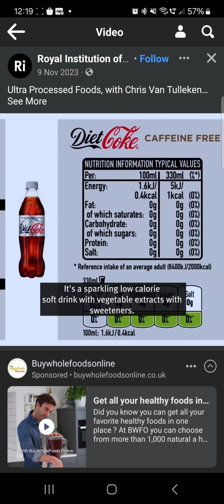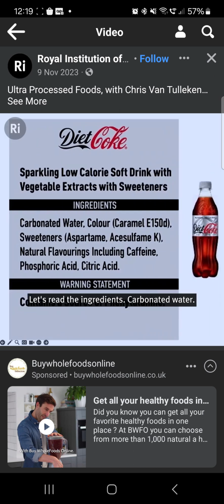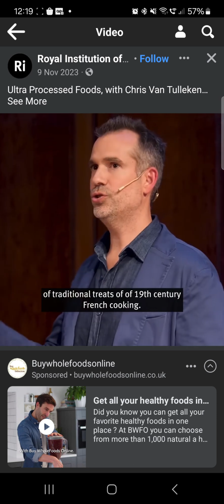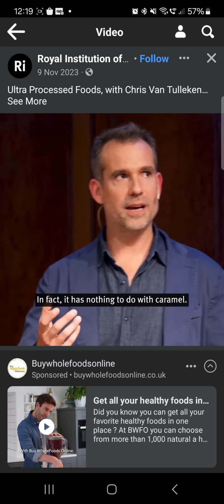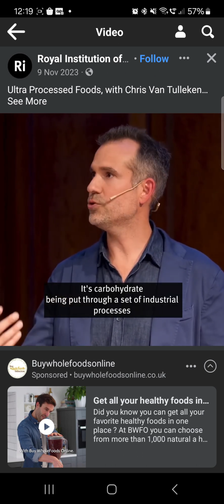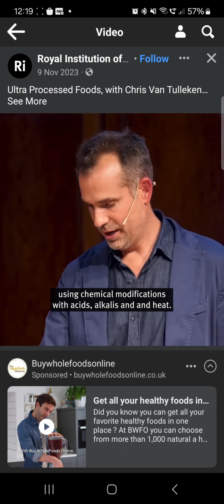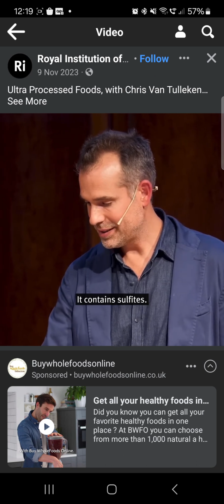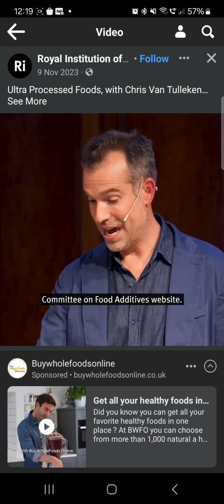It's a sparkling, low-calorie soft drink with vegetable extracts with sweeteners. Let's read the ingredients. Carbonated water, fine. Now, caramel E150D might make you think of creme brulee, of traditional treats, of 19th century French cooking. In fact, it has nothing to do with caramel. It's carbohydrate being put through a set of industrial processes using chemical modifications with acids, alkalis, and heat. It contains ammonia, it contains sulfites, and you can read more about it on the WHO Committee on Food Additives